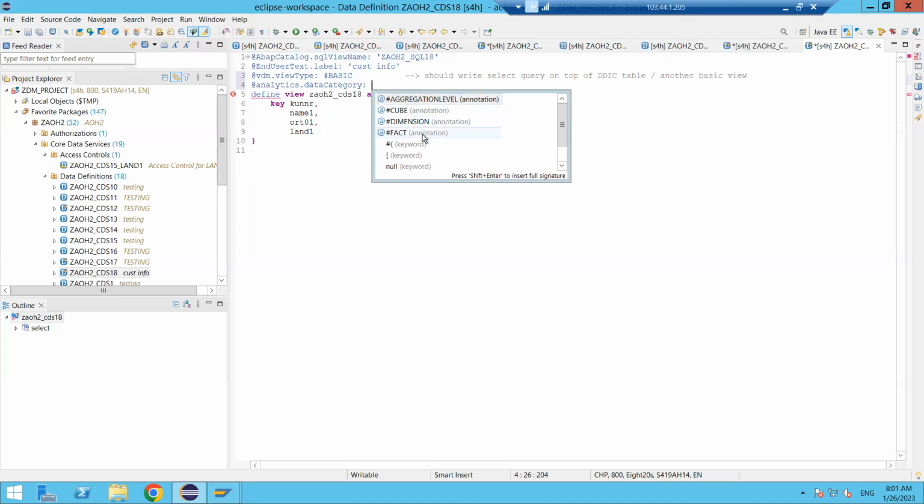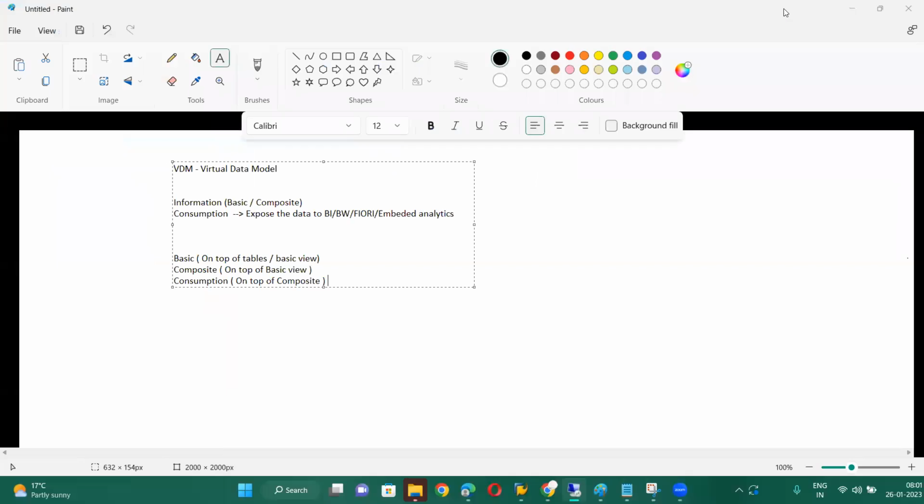Okay, so what is the meaning of this? What type of data are we maintaining here? Dimension is nothing but master data, and fact is nothing but transaction data. Here let me write: dimension means master data, and fact means transaction data. Cube means